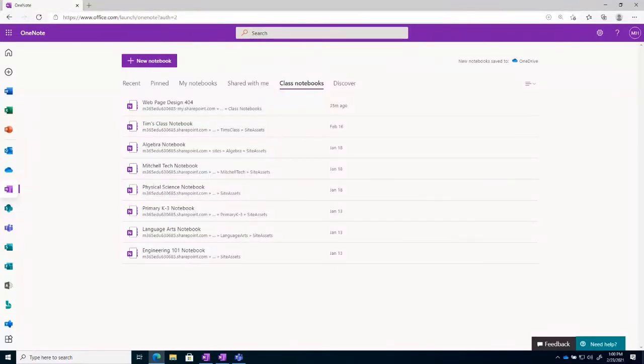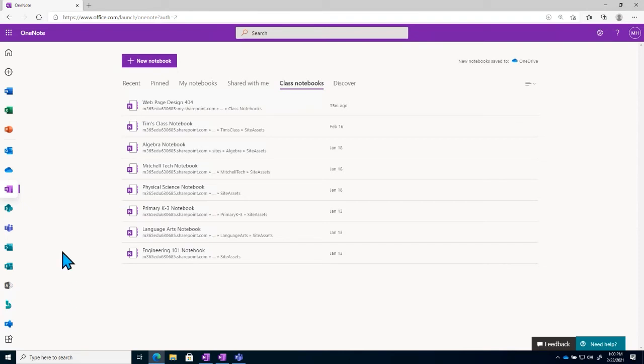There we go. Perfect. So with OneNote comes the ability with your licensing to have access to two different types of notebooks. One is a staff notebook, one is a class notebook. And this is in addition to all of the fantastic things that Pierce has already walked you through for today. So I just want to show you how these work in case it's something you're interested in looking into or trying out.